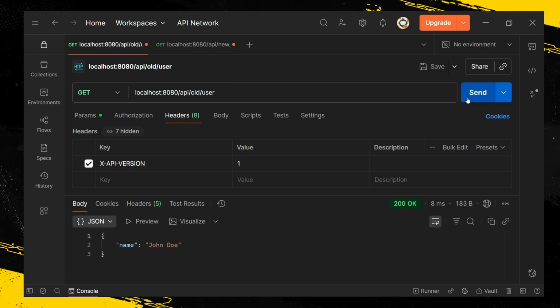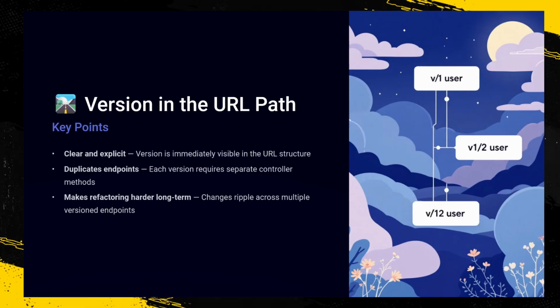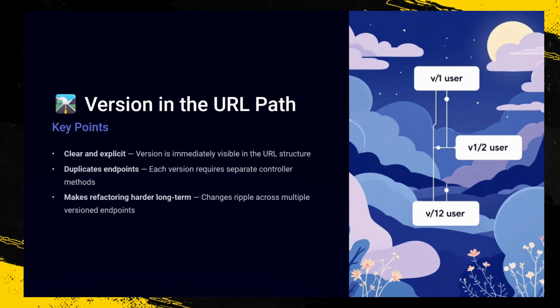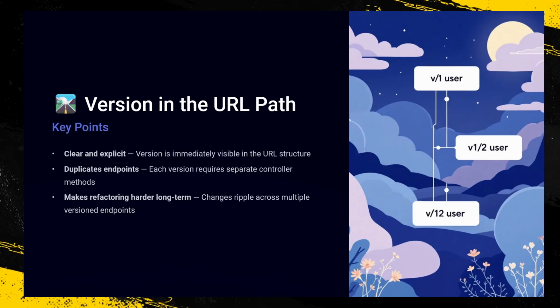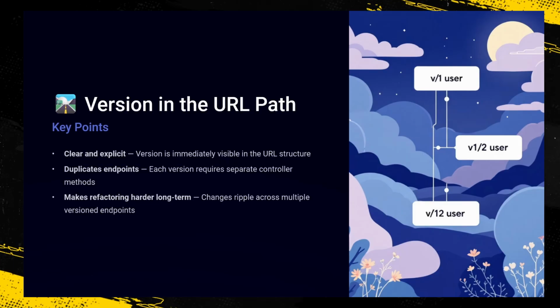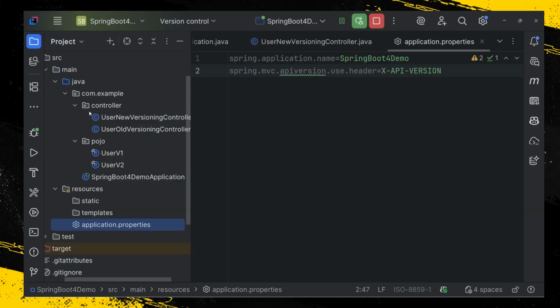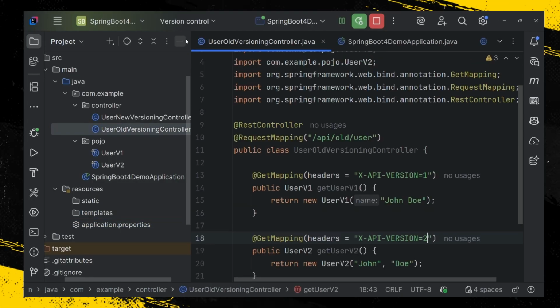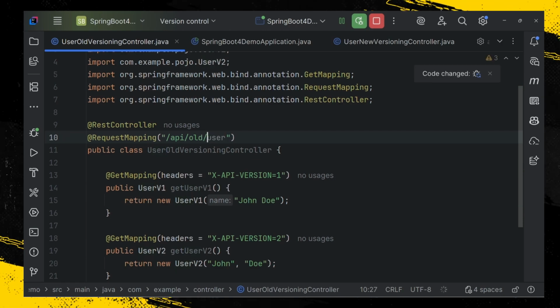Now let's move to the third way of versioning, that is the path-based versioning. This was arguably the most common hack for versioning. You just embed the version right inside the path, like v1/user. It's very clear, but it forces you to duplicate the path on every controller. So now let's go to old versioning system. And here in the request parameters, we'll remove this user and